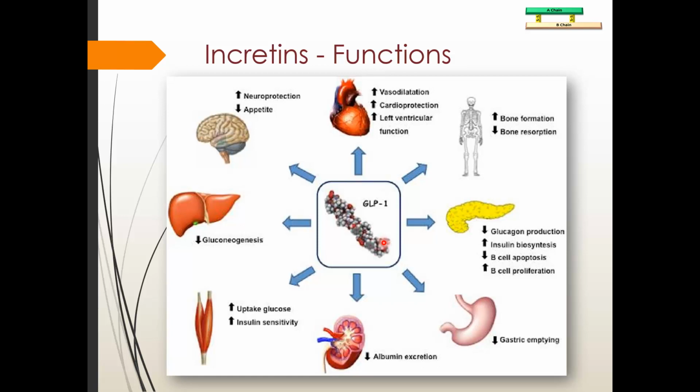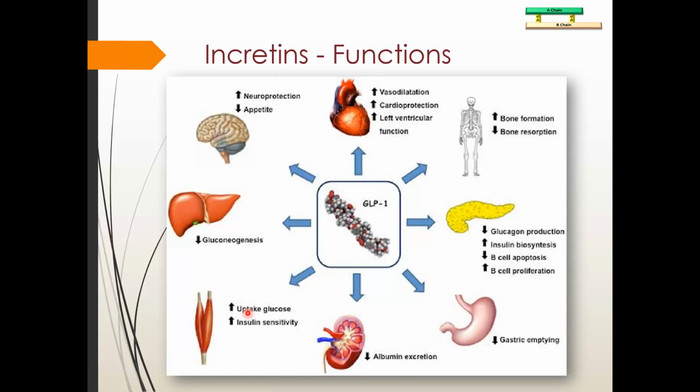So how can we increase the action of GLP-1? There may be two ways. First, in the body, GLP-1 has an action of only 1 to 2 minutes, but we can give some long-acting GLP-1 which will act on the GLP-1 receptor but will not be degraded as easily as endogenous GLP-1. So for this we can give drugs like exenatide or liraglutide, which will stay in the body and will function as GLP-1. All these functions they will perform.